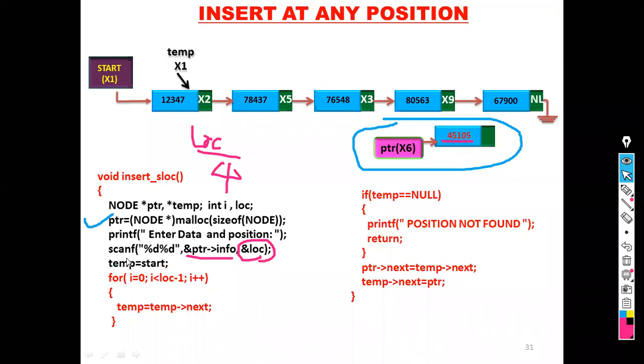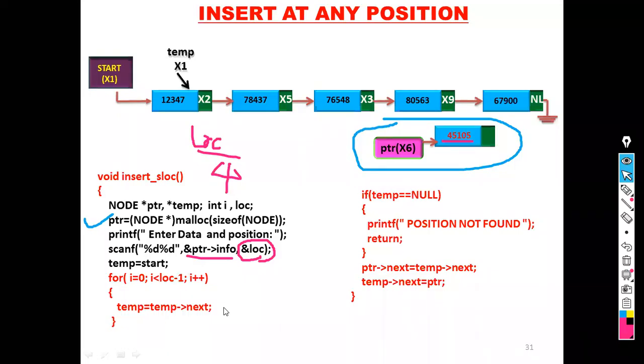That means you have to take a temporary pointer. Then what is the need of this pointer? Before that, first be clear what is the need of this temporary pointer. Why do I start from the starting node of the linked list? What is the use of this temp pointer? Tell me.